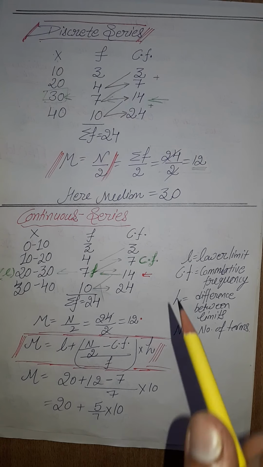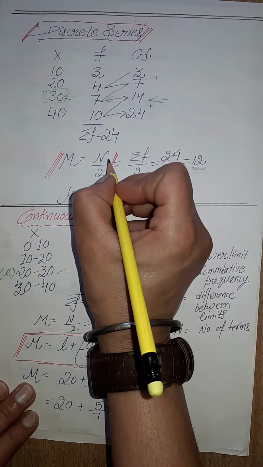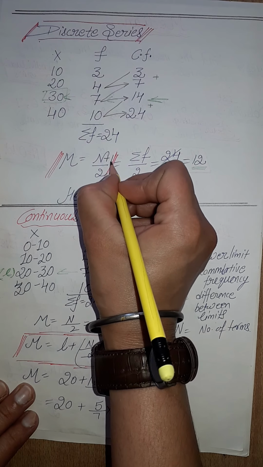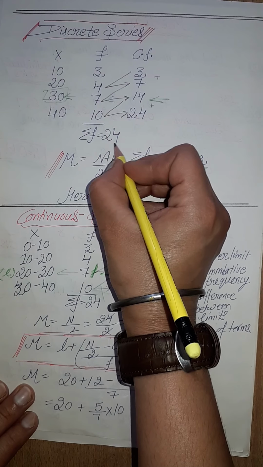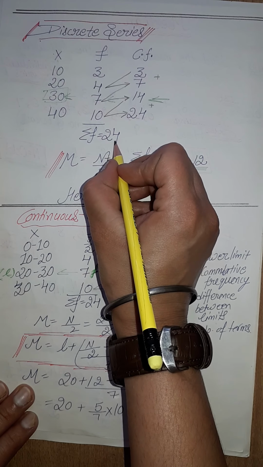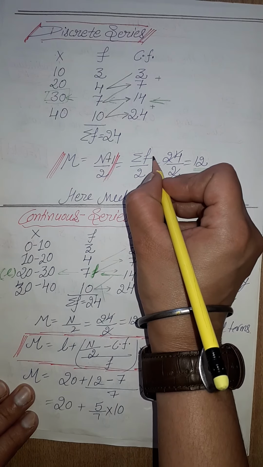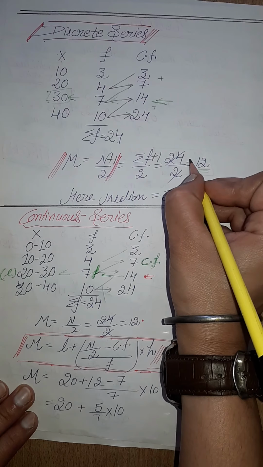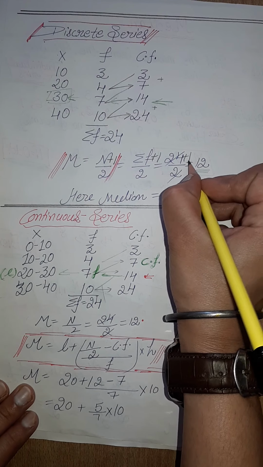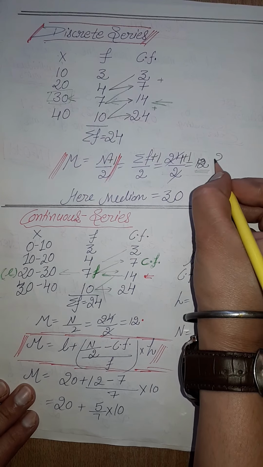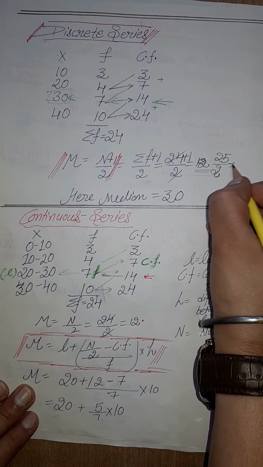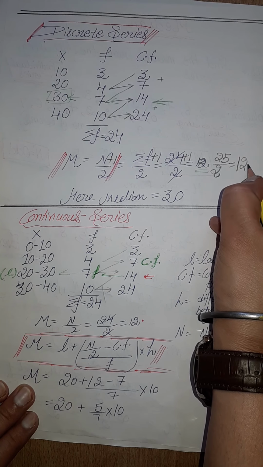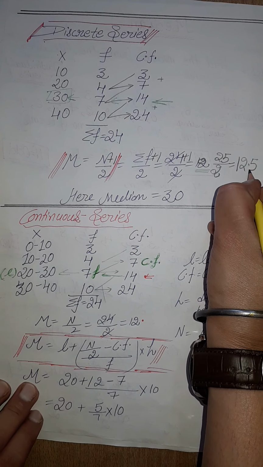Well, you can also use n plus 1 here. What is n? N is 24. You can understand that? Now we add 1. 24 plus 1. Now you get 25 upon 2, and after cancelling you get the answer 12.5, that is near